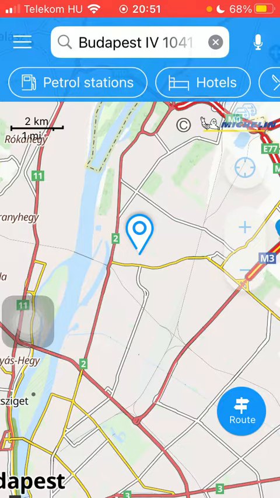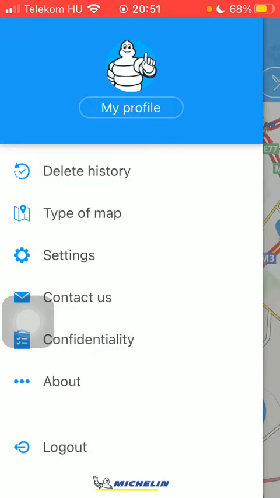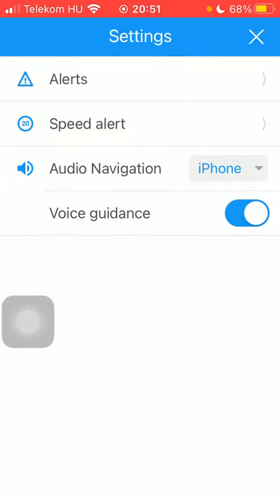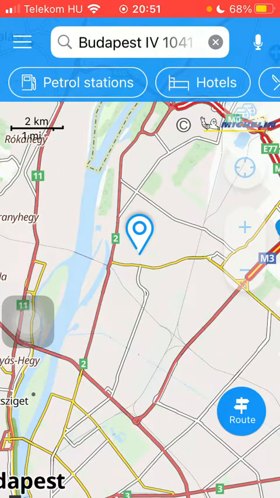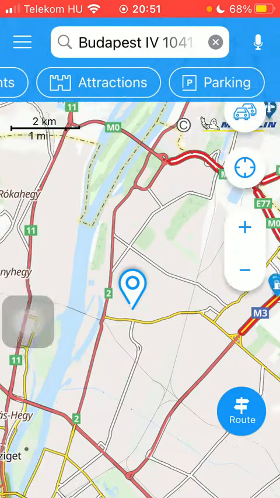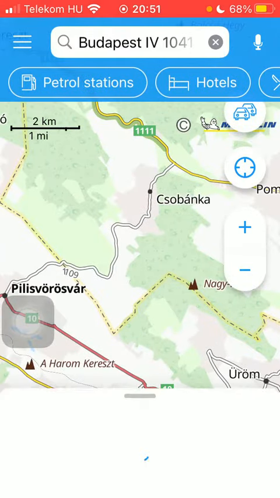As you click on the menu icon, you will be able to add settings such as alerts, speed alert, and you can also enable or disable the voice guidance while using the GPS feature. And as you go back to your home page, you also have the chance to search for petrol